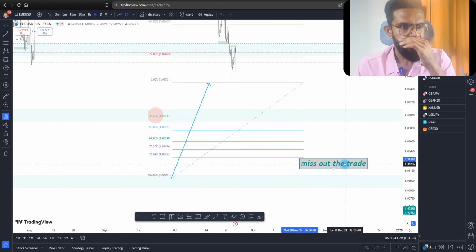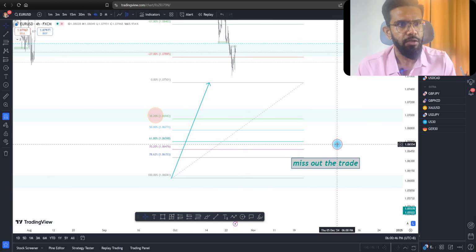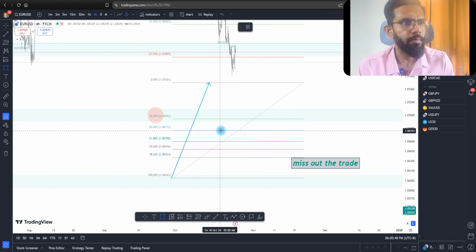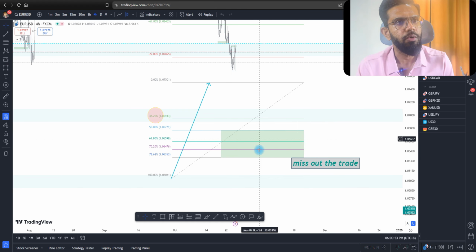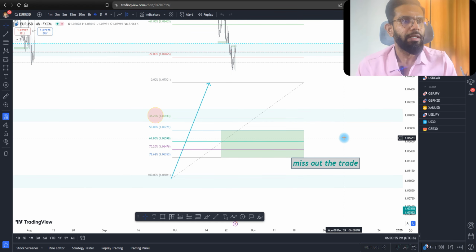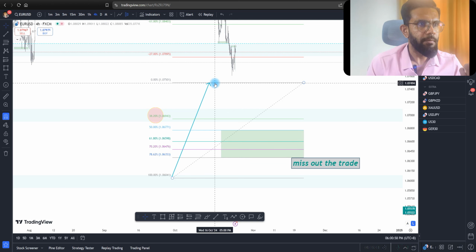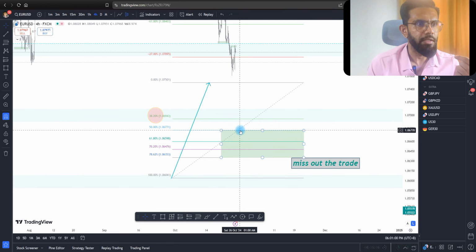So my suggestion is, if you wait to enter here, you might miss out on the trade. So my suggestion will be you mark the zone from 50 to 78%. This will be the overall zone of entry. Ideally, when the market goes to 100%, you want to buy the market with a 50%